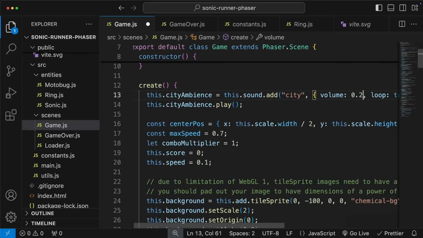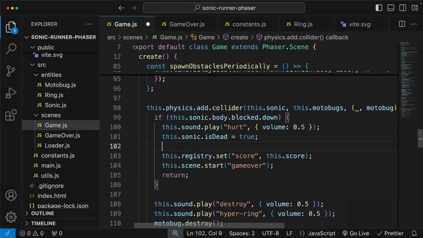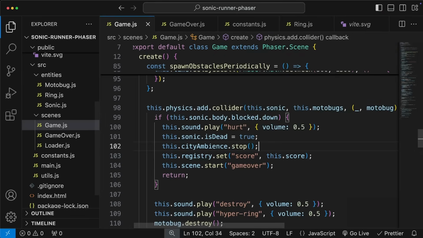So first, let's make the ambient sound slightly louder, 0.2 instead of 0.08. And then in the collider handler of Sonic and the Motobugs, in the game over logic, the if statement that takes care of that, as soon as Sonic is dead, we're going to call the stop method of the city ambience sound so that it's going to stop